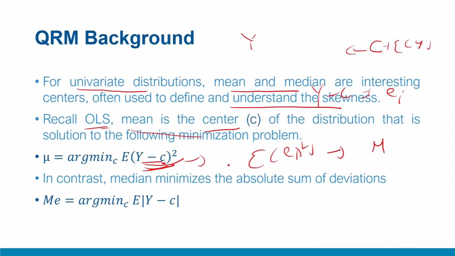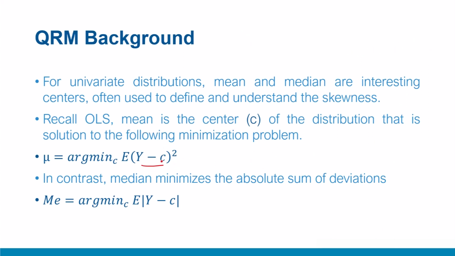So minimizing the deviation square results in a scheme that gives you the mean, or when we translate it to the conditional distribution, we get OLS. But in univariate distributions, it is simply the scheme where you minimize the error. Error from what? Error from the center. If you minimize the squares or compute the expectations of these squares, we get the mean. Median is a very similar scheme, but we are not minimizing the squares, we are minimizing the absolute deviation. So if you minimize the sum of absolute deviations or expected value of deviations from the center, you get median.